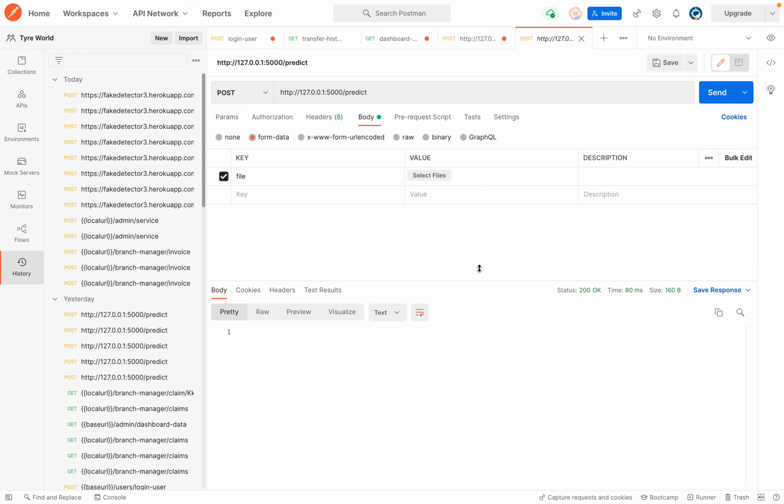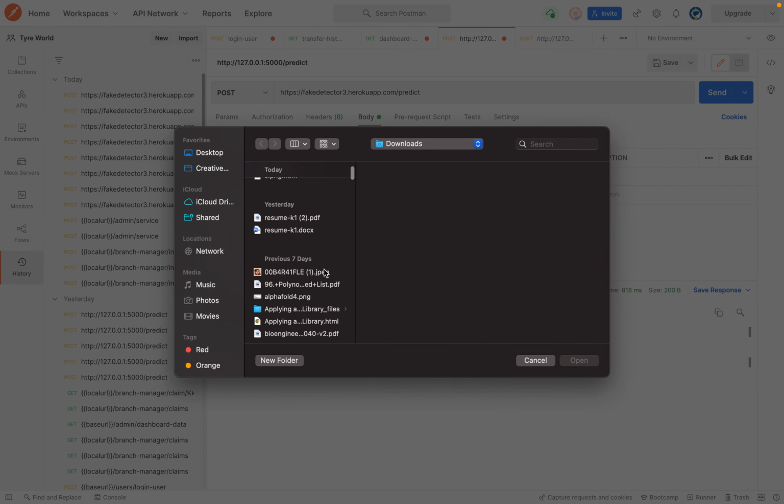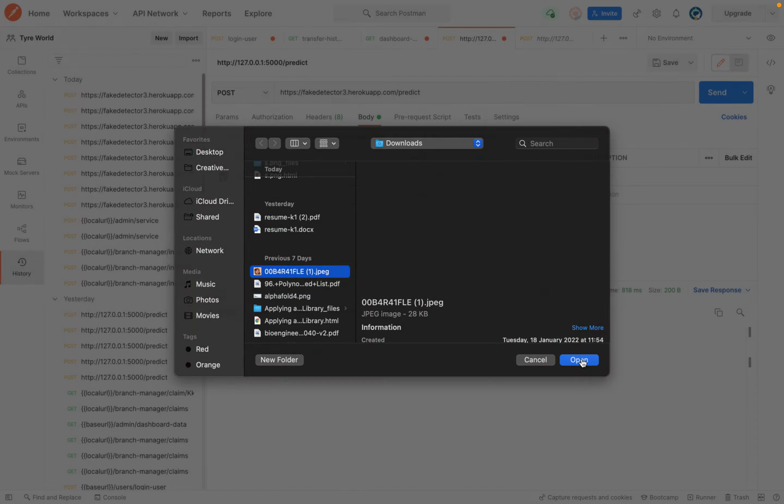So here I had the API on Postman. Since it's running, I can first try it on the deployed version of the API which I had deployed to Heroku. I can just select a photo from my computer, and then it